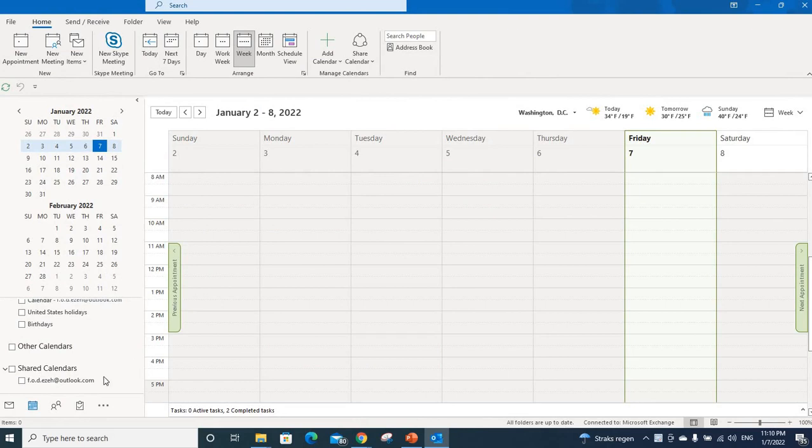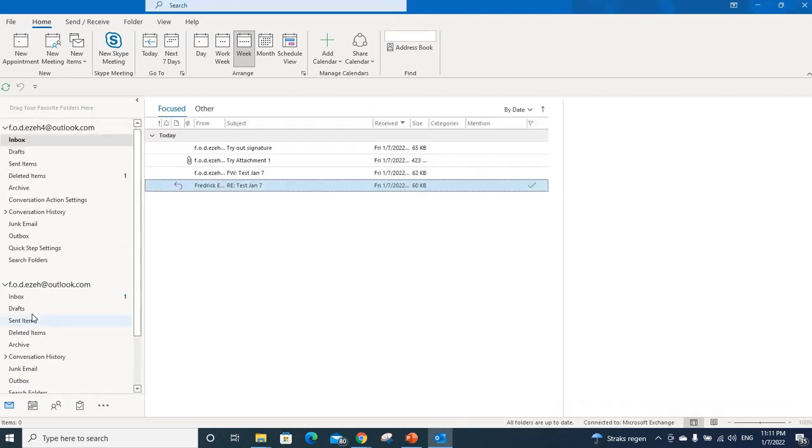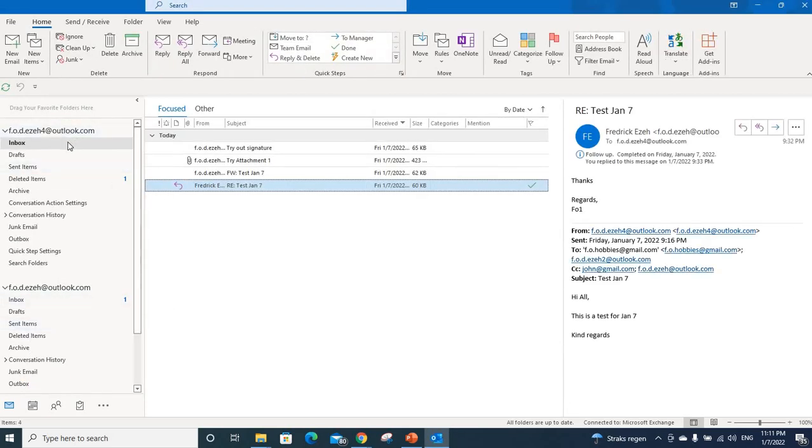And we're already in the calendar, but let's go back to the mail part and let's see. So we will have to wait for this to be okay, and then we can continue. The system seems a little bit slow. So basically we stay in our account,